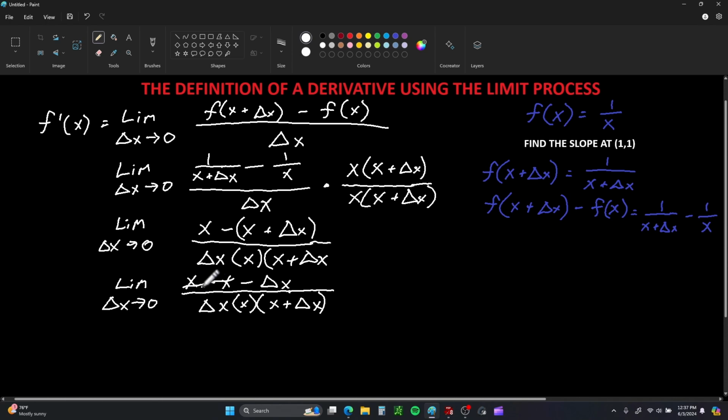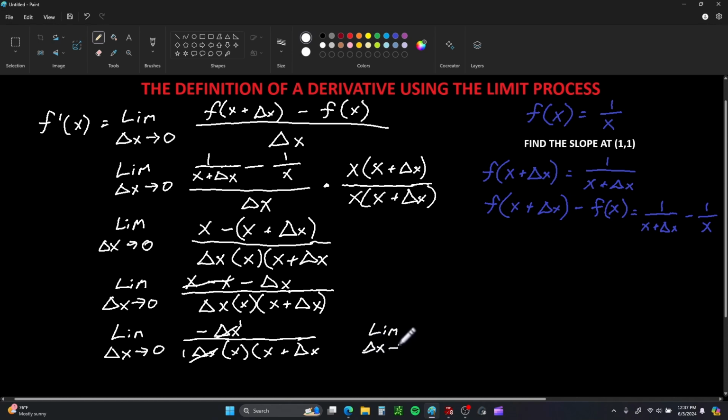Now x minus x, that's going to be 0. I have negative delta x on the top. And in the denominator, I have delta x. So it goes into here once, goes into here once. So I'm now going to have a limit as delta x goes to 0 of minus 1 over